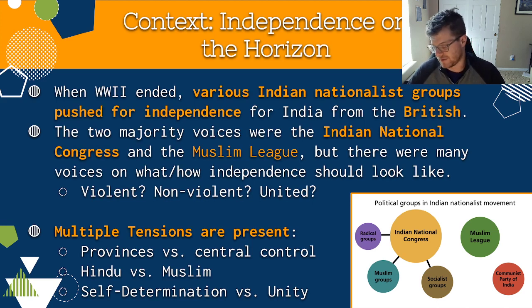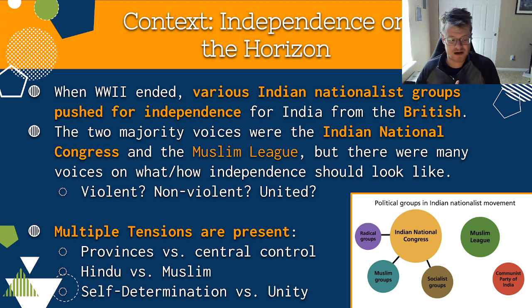There are groups who believe that the British should be more violently opposed. There are others who ascribe to more moderate views like Gandhi. There are others who say, well, if we are going to have our independence, should this be done in a united way? When independence happens, what's going to be the relationship of all the different, extremely diverse elements of Indian society and culture, whether that's the provinces, what relationship are they going to have next to the central parts of India where a lot of people live? What about Hindus versus Muslims, which are those two large